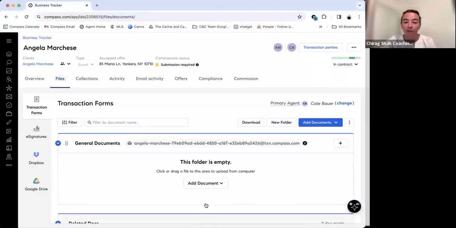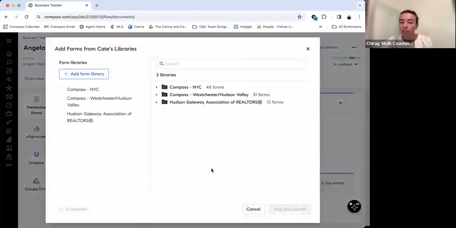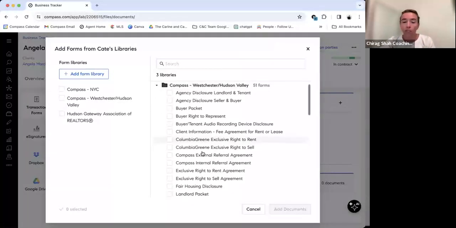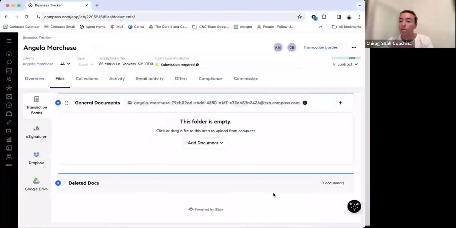So yeah, you can get everything signed in here. And this is how it looks for me. I think this is the same thing for everybody. You can add it from library. You can also sync DocuSign into here if you want to. We have all these folders here for our documents, so you can just click the one that you need to have signed, and then you can keep moving through it.